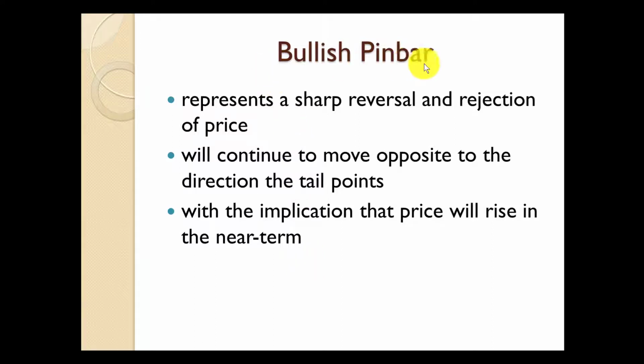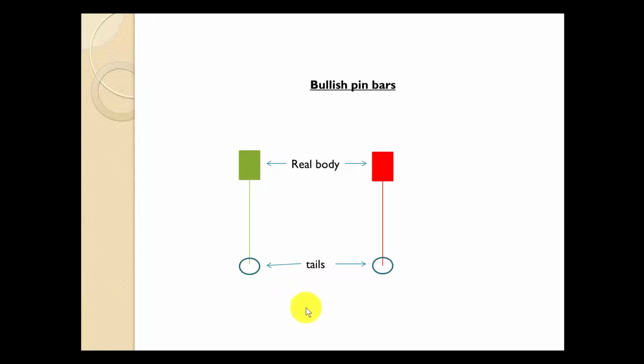Now we are talking about the bullish pin bar. It means that whenever we see a bullish pin bar, it implies that the price will rise in the near term. Okay friends, this is how the bullish pin bar looks. This is the real body of the candle. This is the wick, or you can say shadow of the candle. It can be green, I mean a bullish candle, or a bit bearish. The open and close may be above or below, that doesn't really matter, but it has a long lower wick, also called the tail. It should be at least twice the size of the body.